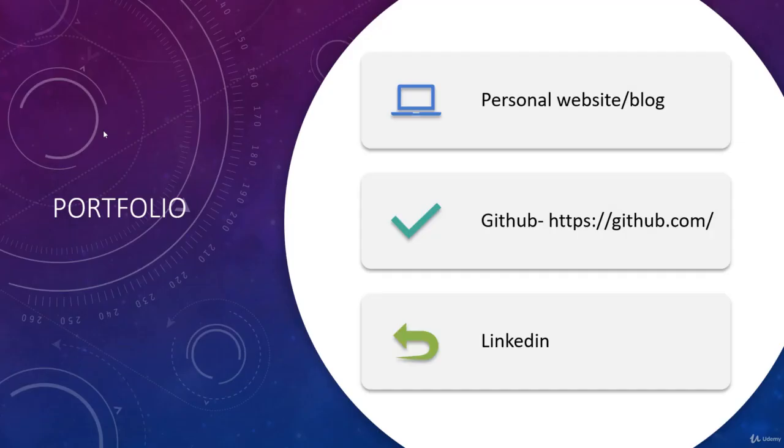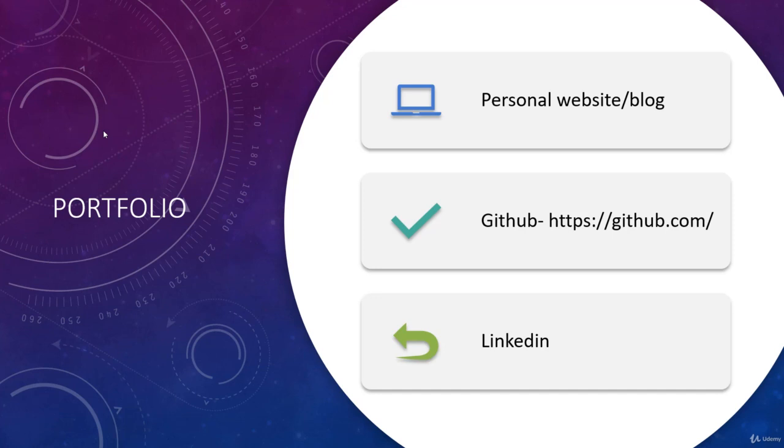But first things first, we need to see how we can build a portfolio. No matter what you ultimately choose in machine learning, whether you just want to use tools like Microsoft Power BI or Tableau, or be more on the programming side, you need to build a portfolio. For new people coming out of college, or still in college and preparing for machine learning, it's very easy. You need to follow these steps. As you are just coming out of college, you don't have to show any experience. If you can just show the skills needed for it, you're good to go.